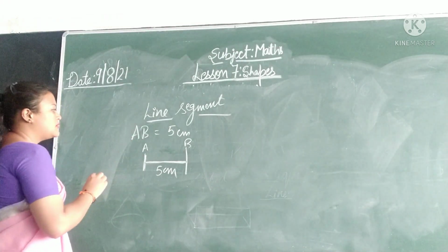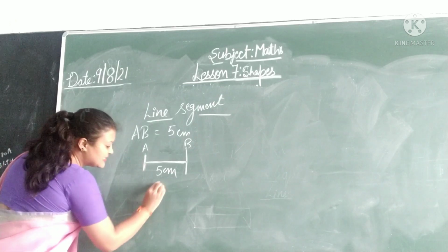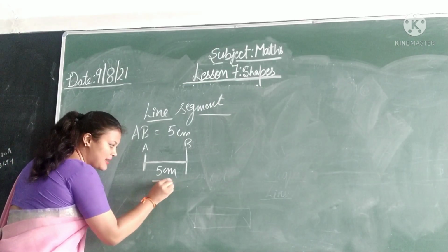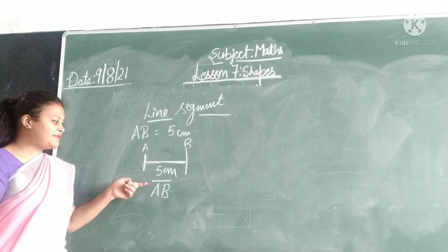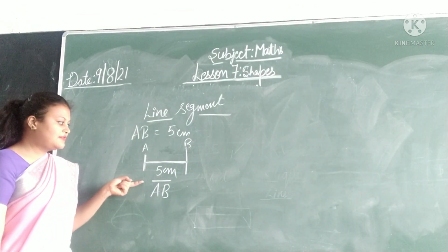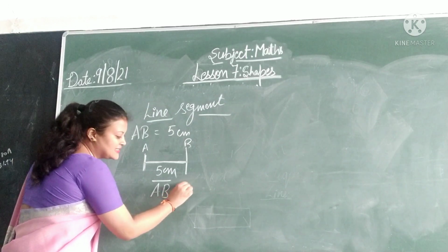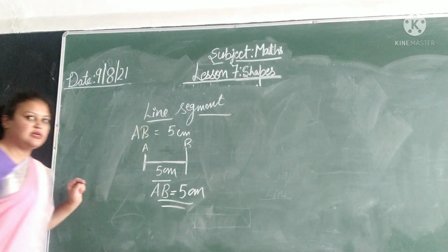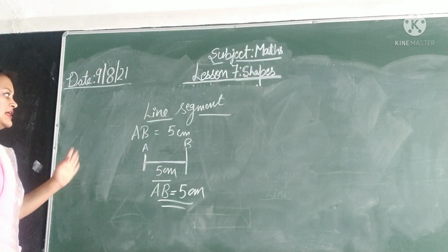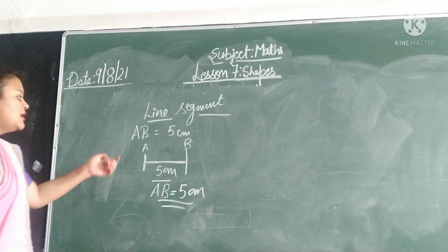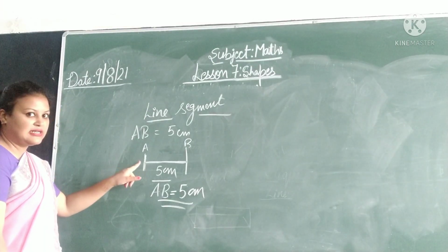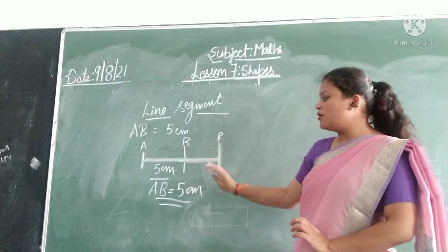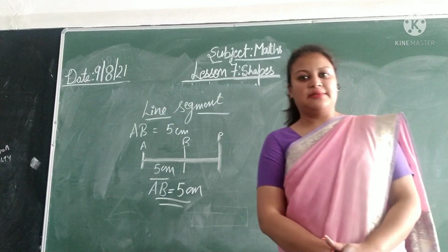And remember students, whenever you draw a line segment, above that line segment, put a bar. Like this, we have to put a bar above that, and then you can write its length. It is 5 centimeter. So like this, you will draw 10, 20 centimeter. You can put the 0 reading at any point, and then from that you can measure the length. This is how you have to draw a line segment.